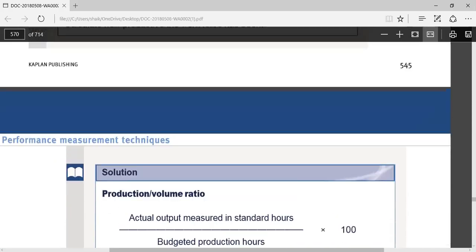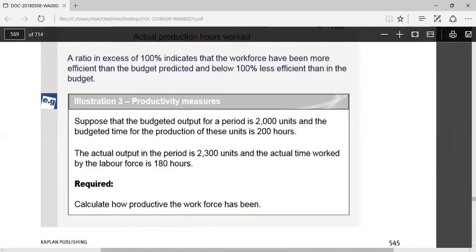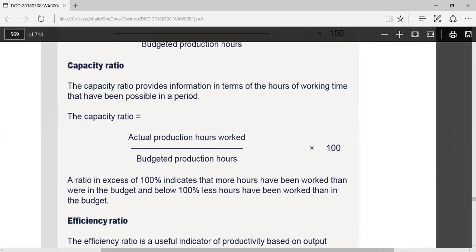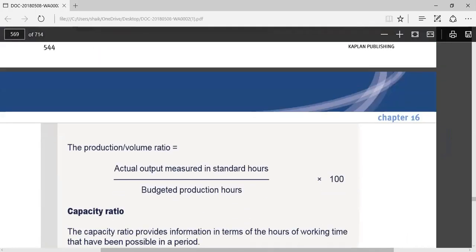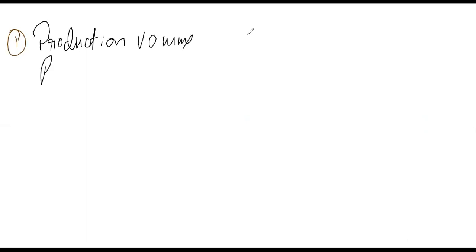So he's asking me to calculate the production volume ratio. Now, what formula will I be using for the production volume ratio? Let us do this question. Firstly, I'm calculating the production volume ratio. Now, what do you mean by production volume ratio? While assessing the production volume ratio,